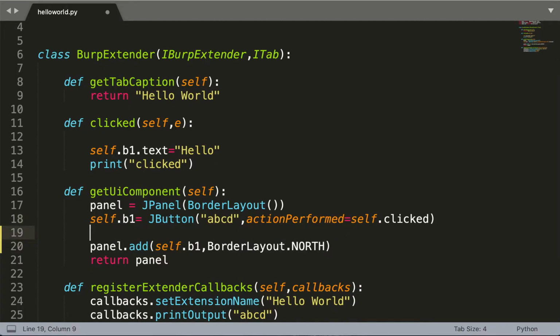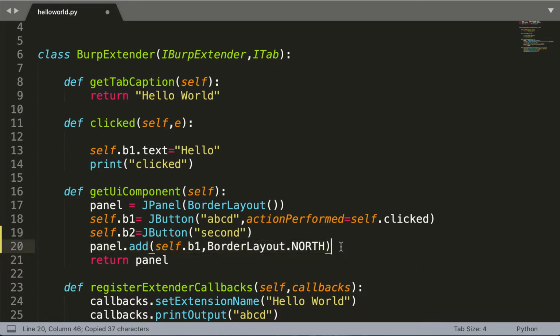For placing another button, we'll do something like this: self dot b2, and it would be a J button, and we can call it second, and obviously we would be adding this to our panel, right?